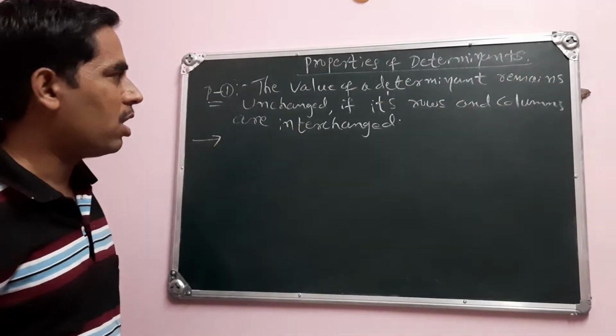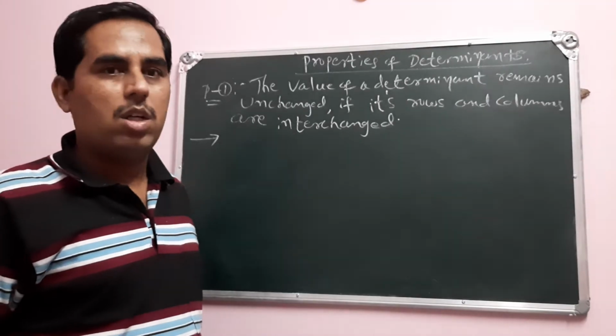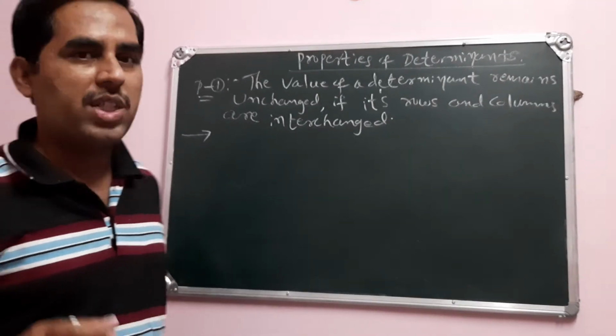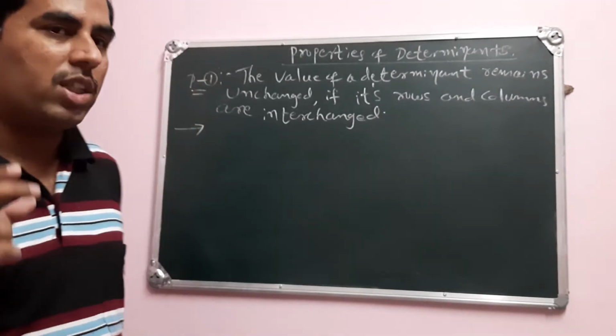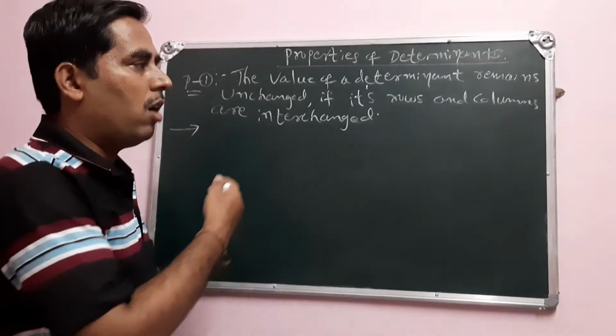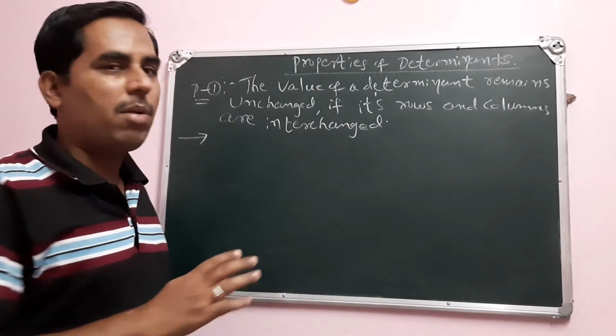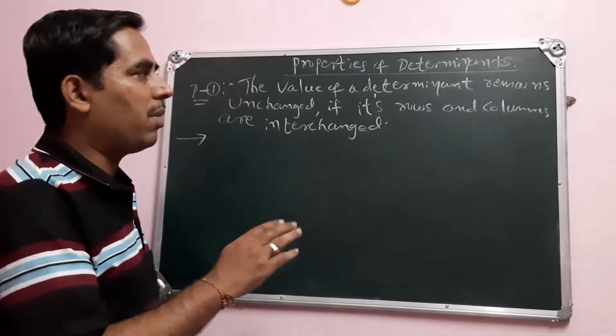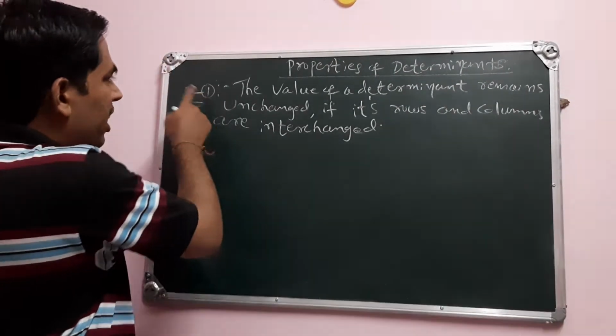Very important properties. We have 8 to 9 properties, so let us work out some of them in this class. These are all simple statements. You need to remember all the statements, so you don't have to worry about the proofs. We can take some examples and verify the properties. Proof is not compulsory here, but we have to remember the statements. So let us begin with this property here.